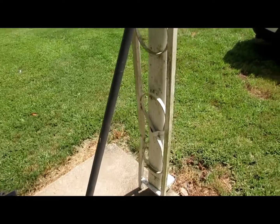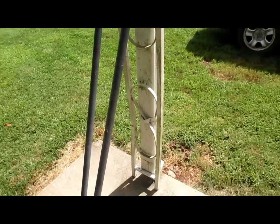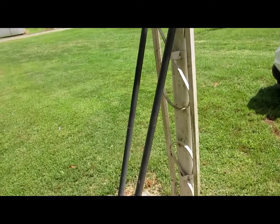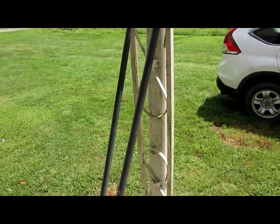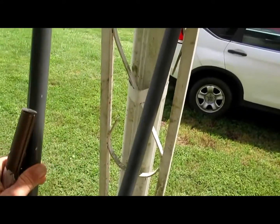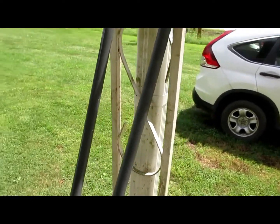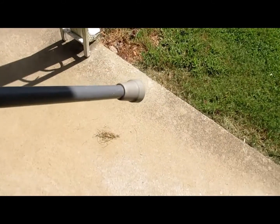What this was is one of those extension poles that you use with a saw on the end to trim fruit trees or limbs or whatever, okay? And I took the saw blade off and took it in half, and I used the thinner one, the one on the left I'm holding, to make a shooting stick out of, okay? I put that foot on it there,